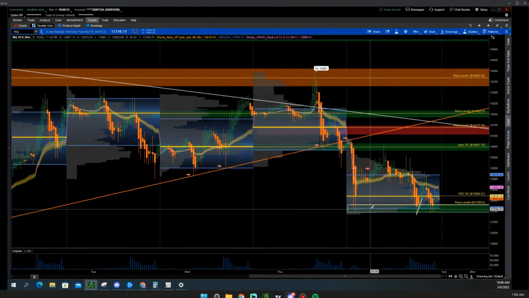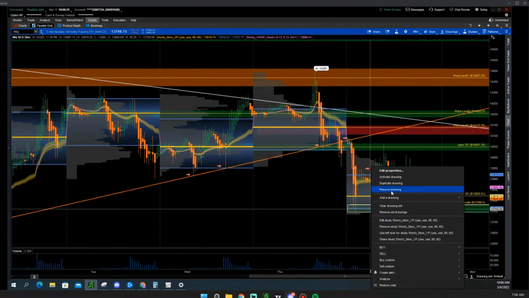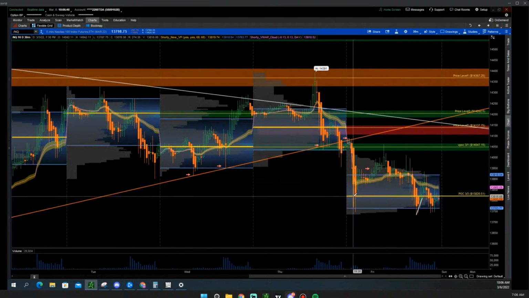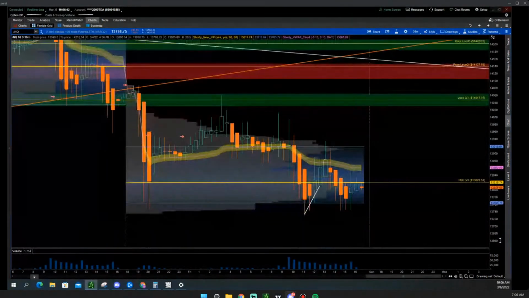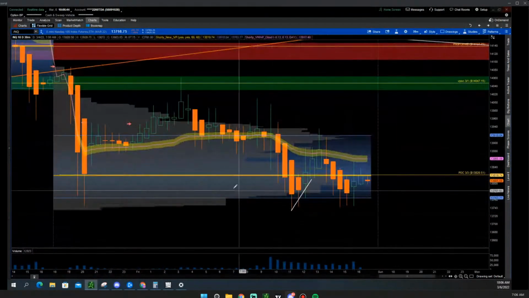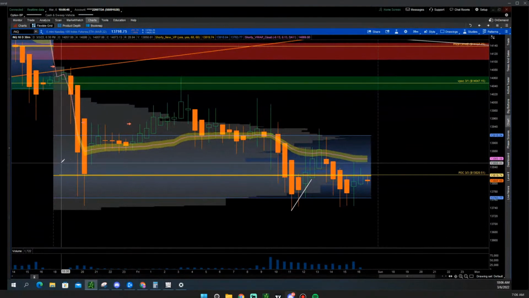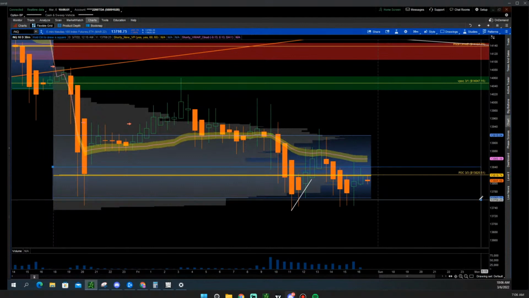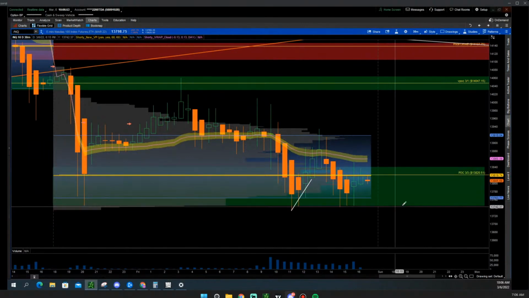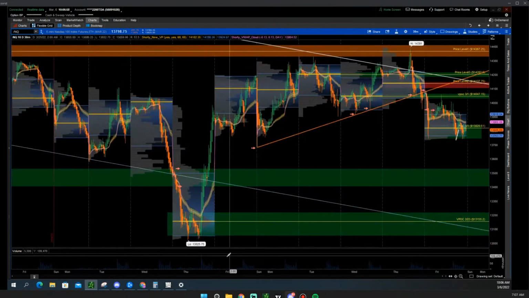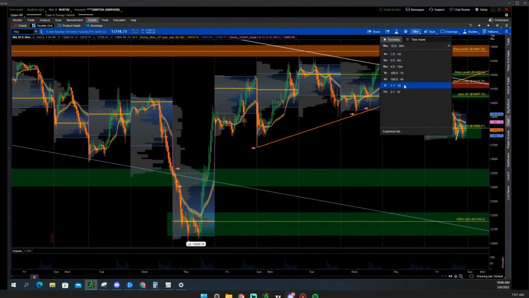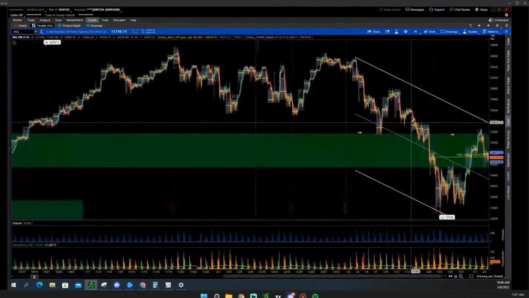And I would say this is POC 33. And you can literally remove this area here to kind of consolidate it, to make it cleaner, and just zoom in on this volume profile a little bit. So it's probably somewhere around here that I would. So this area here becomes your kind of demand zone here. Okay, so if it misses this target here, I think we have a POC from somewhere way back here,